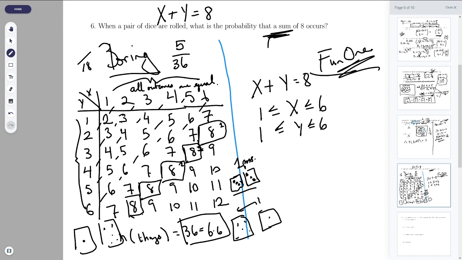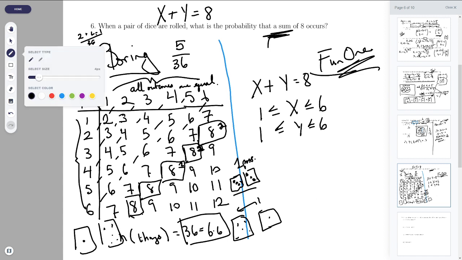Oh, I'm sorry. Other way around. This is a 2, this is a 2, this is a 1. So, right, you would end up getting something like 2 plus 2 plus 1 over 36, if you did it that way, which is a little bit more complicated. Okay, so that was the middle way of doing it, which I actually never teach that way because I think